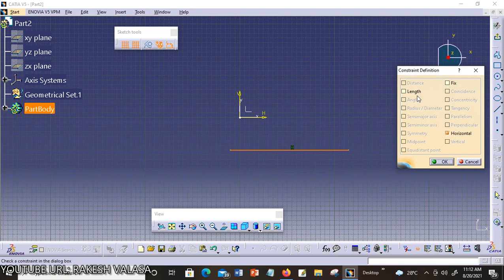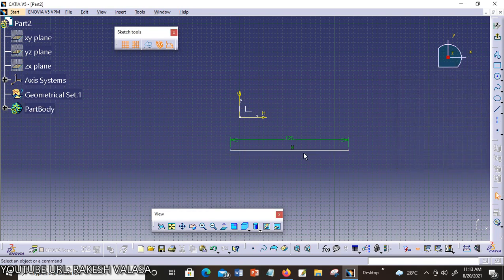Now I am choosing length and horizontal. You can see here the length and horizontal checkboxes chosen to apply the length and horizontal constraints respectively. Now click OK button. You can see here the multiple constraints applied, that is length and horizontal.